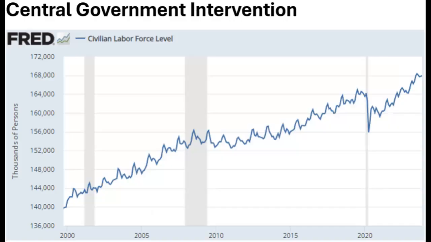Without central government intervention, the private sector may not have been able to restore the labor market, as it did during the 2020 pandemic. Government intervention is vital when economies are in distress or when there is a need to allocate resources to specific sectors of the economy, particularly during early phases of economic development.